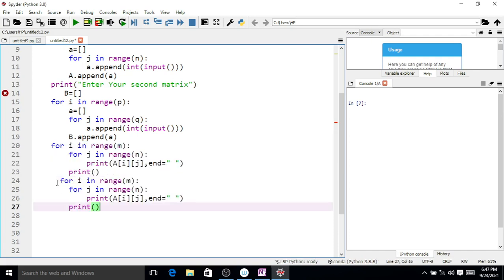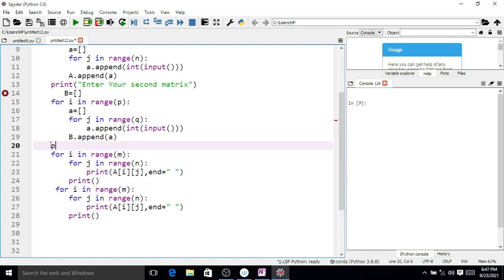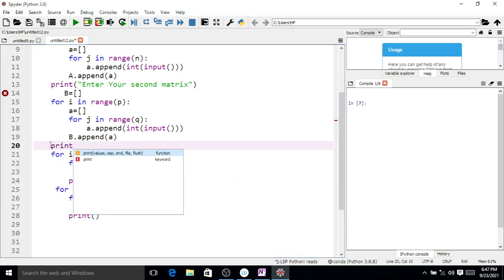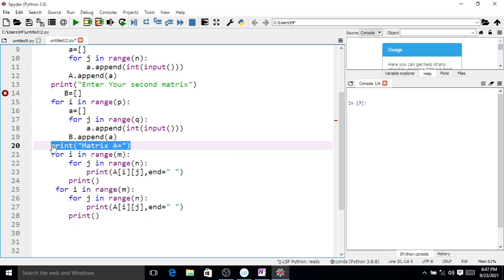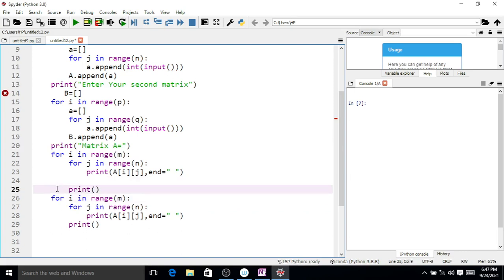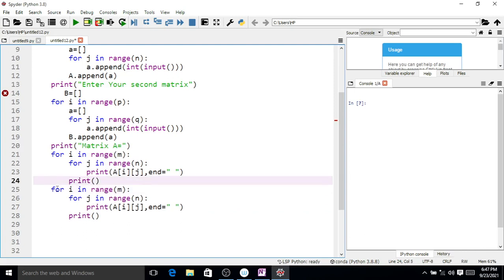Similarly we want to display the second matrix. Also we want to display one message, print matrix A is equal to, similarly here matrix B is equal to.